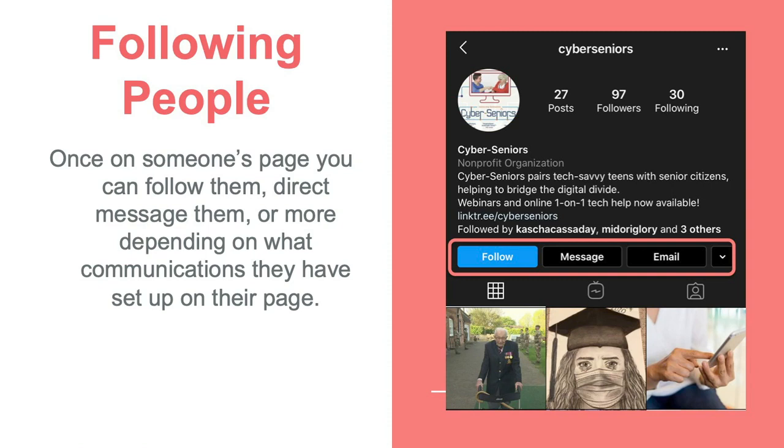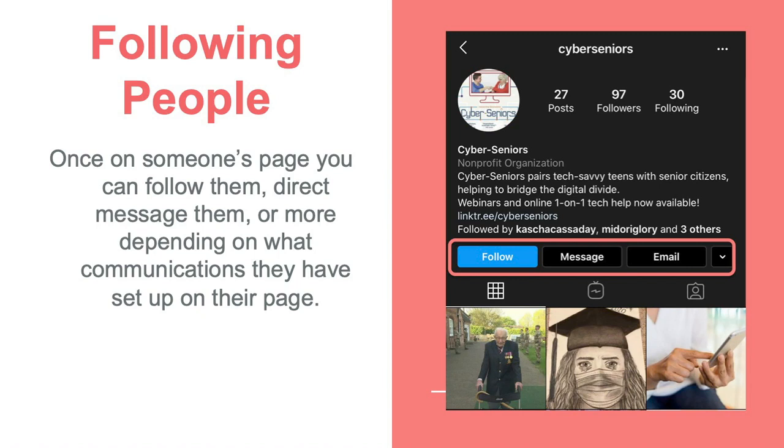But to follow someone, you would go to that person's page, you would search them up, and then there's going to be a follow button that appears on your screen under the description of who they are. So you would just click that, and then you would be someone that's following them, and they can follow you back. And in this screen on the right side, you can see everything about that person.